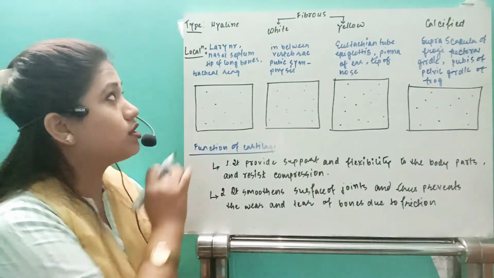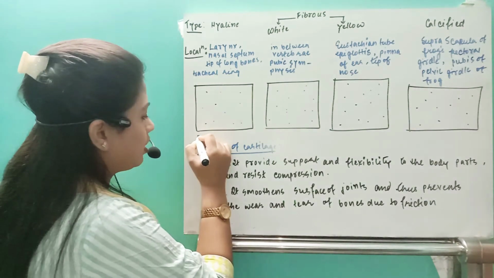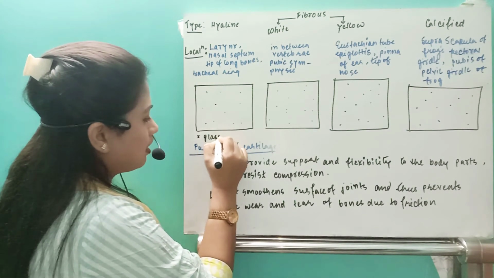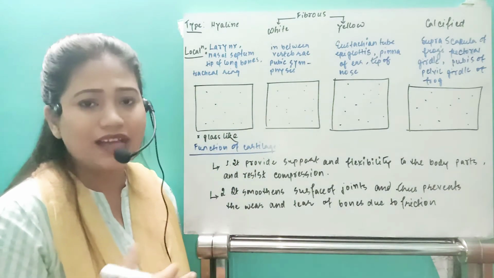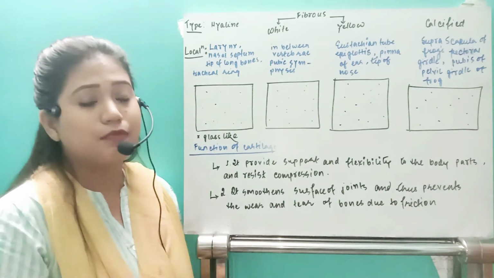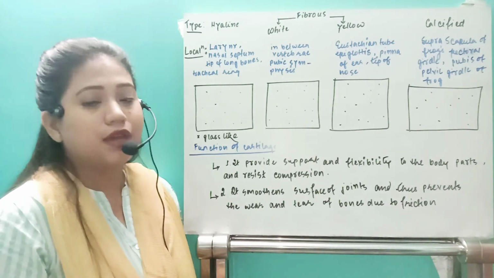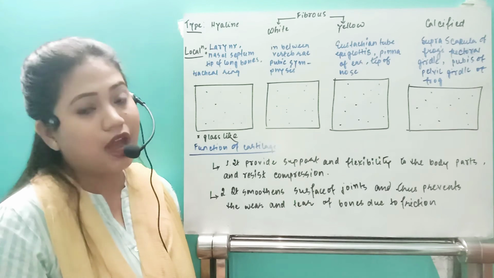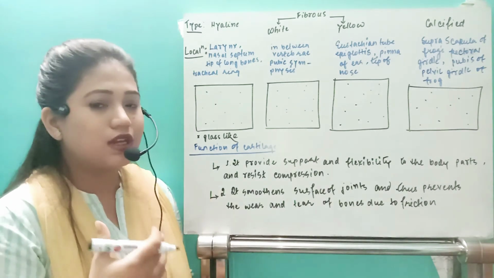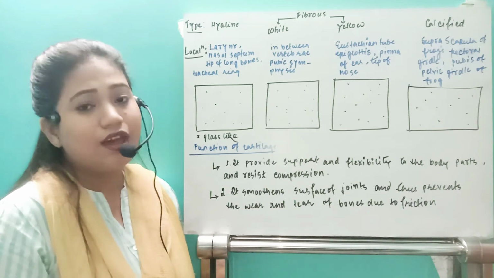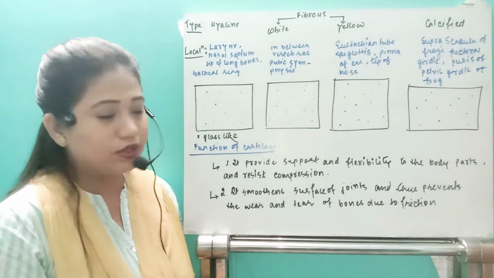Now the first point about the hyaline cartilage: it is glass-like. Remember that this is the glass-like cartilage. Why is it glass-like? Because the matrix is very clear, right? Why? Because in the matrix the fibers are very few, so that makes the light pass through it, so that's why it looks like a glass-like type of cartilage. This is hyaline cartilage, remember that.